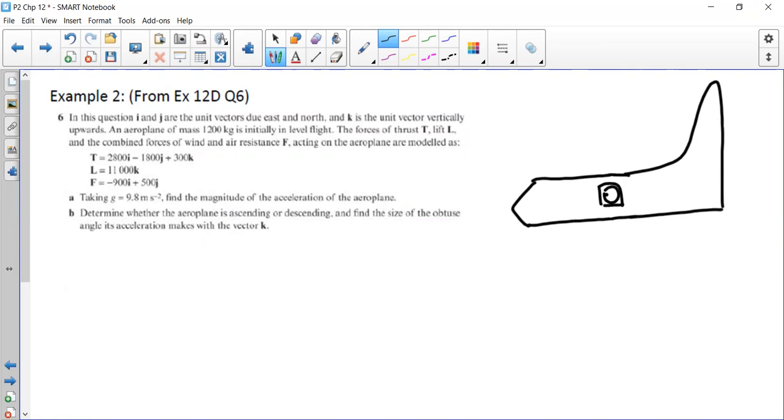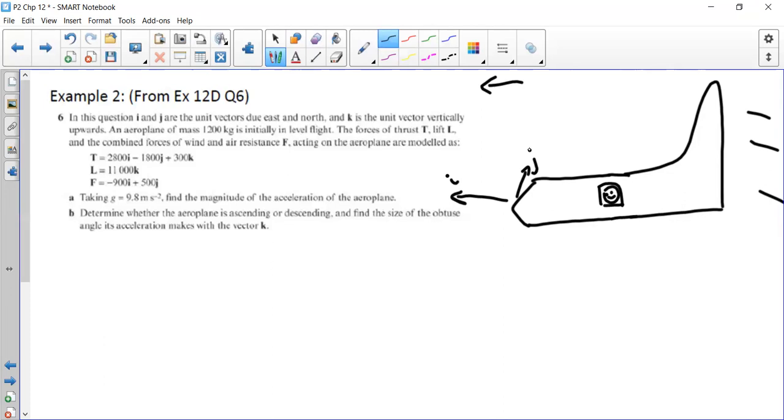Just the head. So it's flying. How do I make some animation flying? Right. So what we're trying to say here is due north and due east means if the plane is moving, let's say that way, that will be your i. Backwards will be your j, and then up and down your